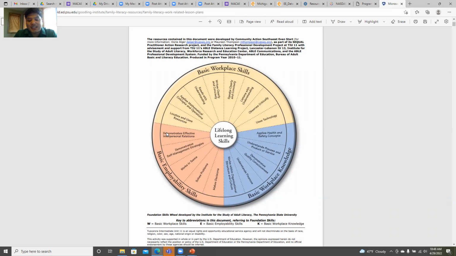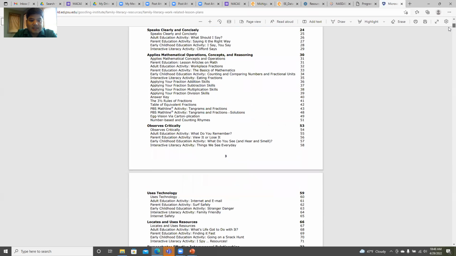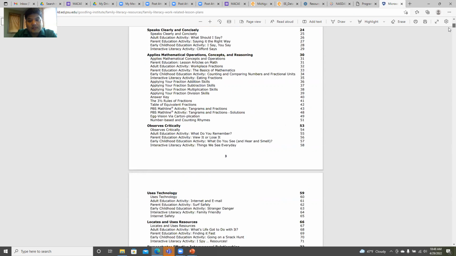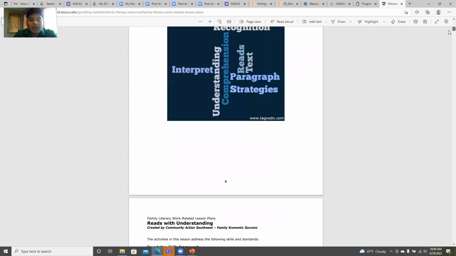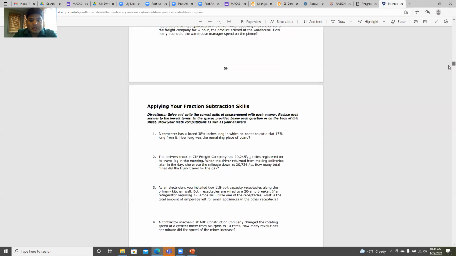But what are the skills or technical aspects of some of this lifelong learning components that are pulled out? So I actually thought it was fantastic how they went through and did a lot of that legwork. And then, like I said, they incorporated and broke it down into different mathematical concepts, different writing concepts that you could embed and incorporate within your standard lesson plans that you're working on.